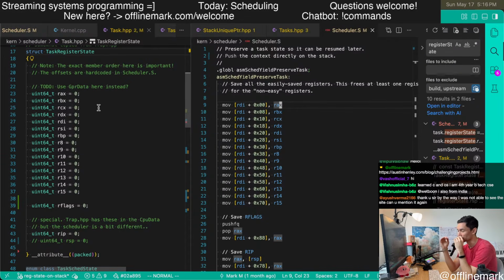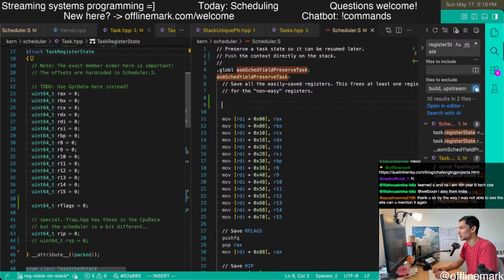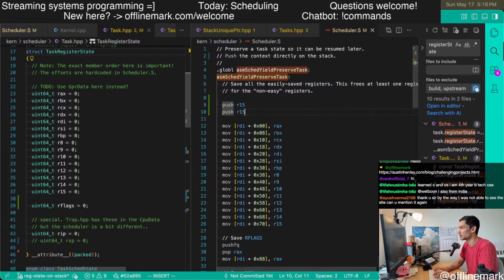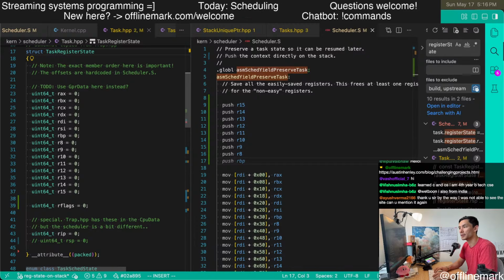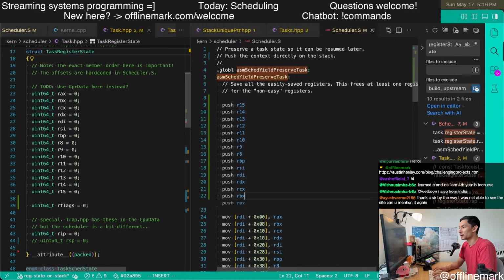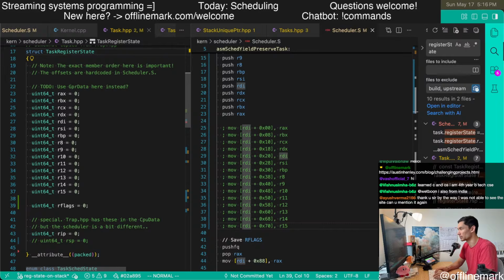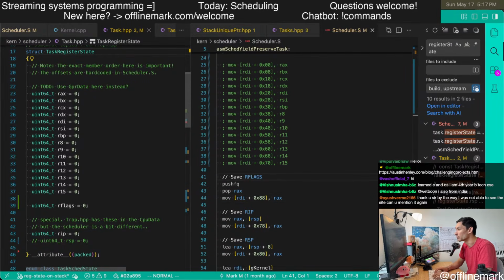Actually, we need to push in reverse order, I think. So I'm just going to push R15, 10, 9, 8, RBP, RSI, RDI, good. It knows what I want to do. RBX, RAX, cool. So then this, we're not doing this anymore. Then we push FQ.